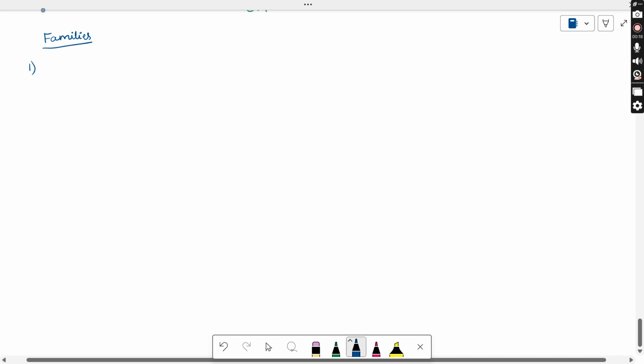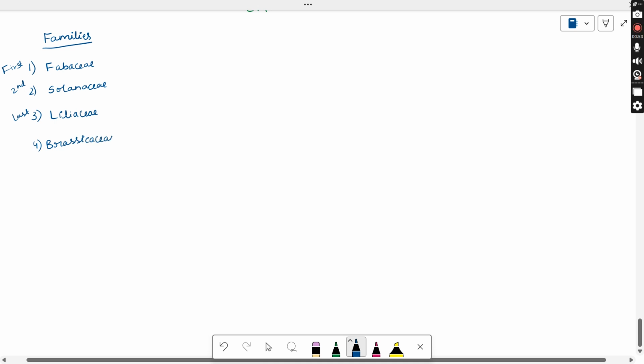So first remember the three families as F, S, L. F for Fabaceae, S for Solanaceae, L for Liliaceae. So how to remember is first, second, last. So Fabaceae, Solanaceae, Liliaceae. And the fourth one, Brassicaceae.